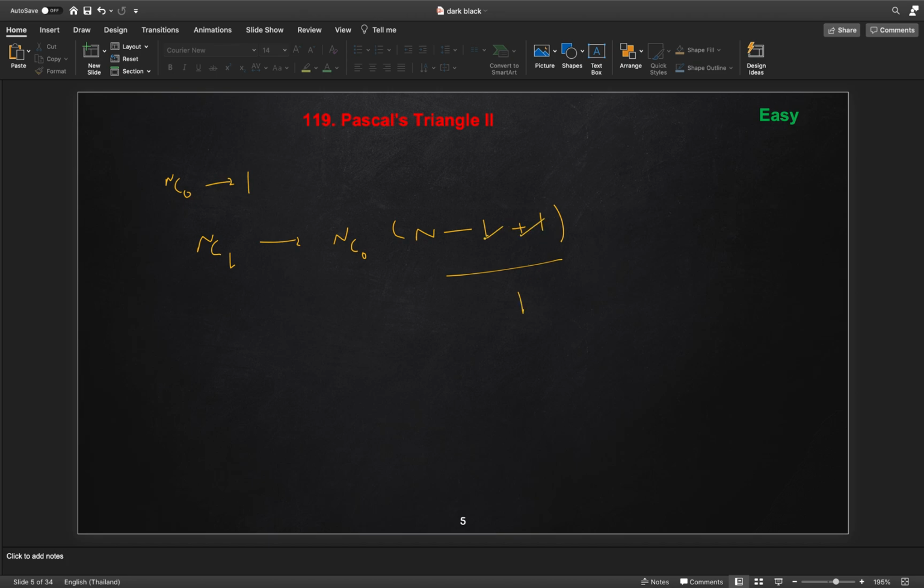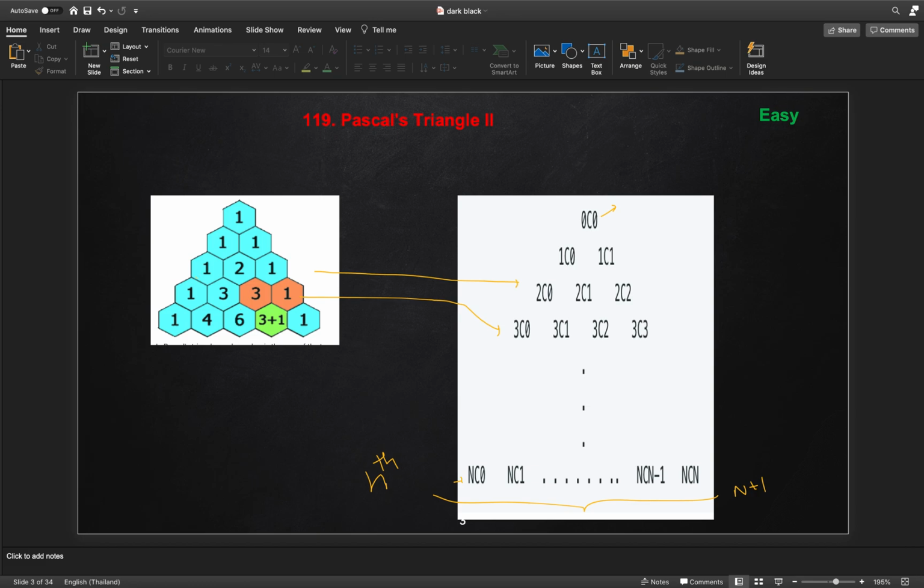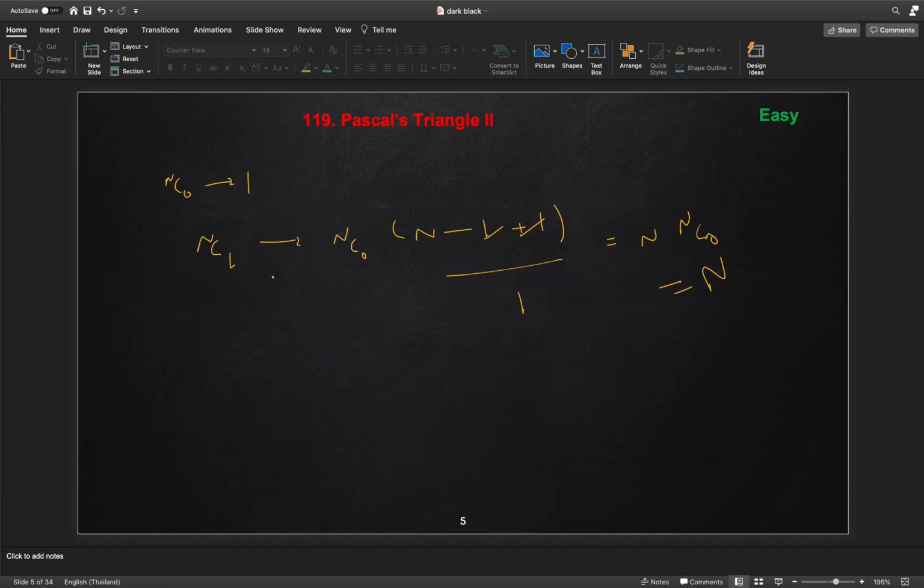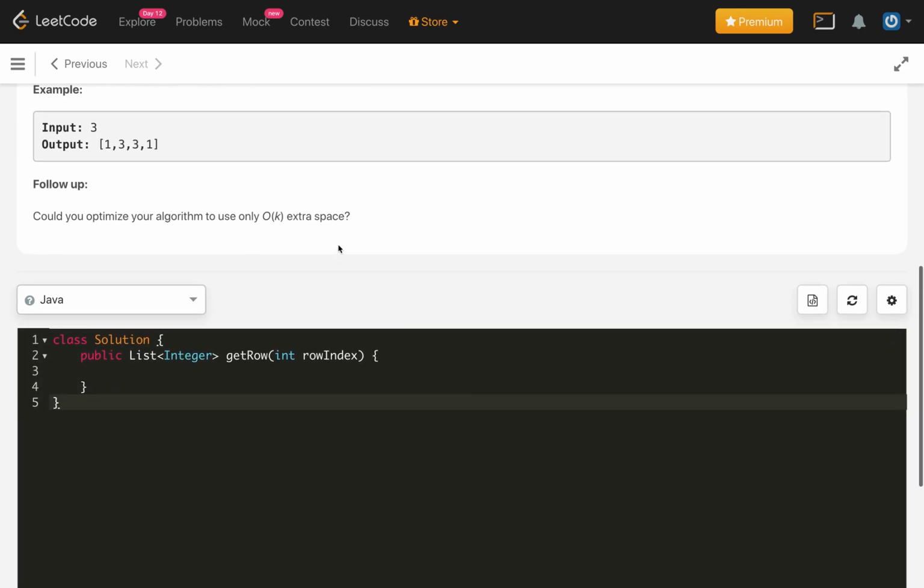So this will all go, and this can be written as nC0 times n, which is n. If you see over here, the second column of a particular row is n itself. So this is what we are getting from this formula. This is how we can solve it. So let's implement this approach in the code.